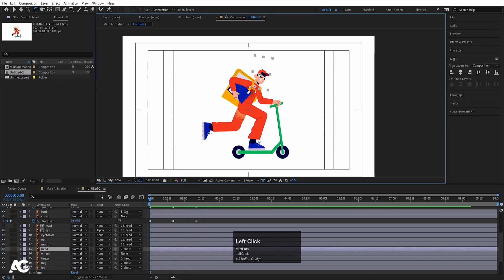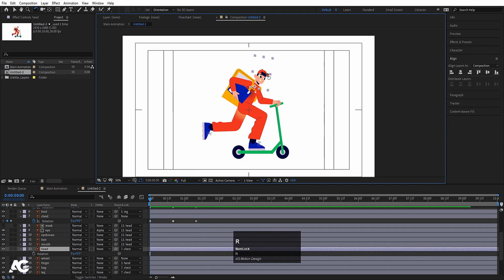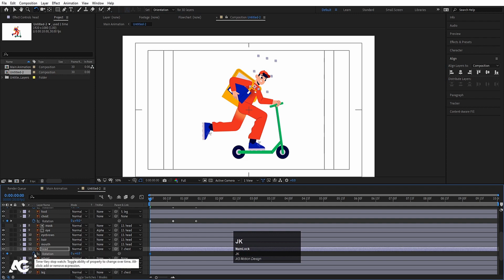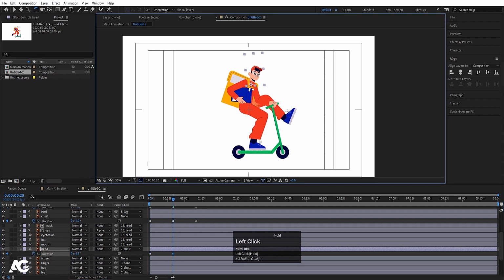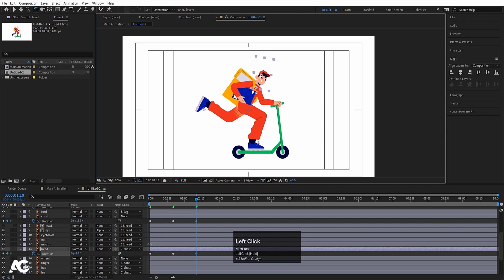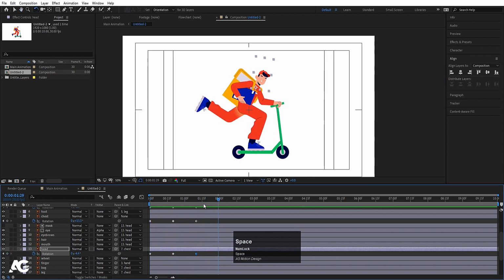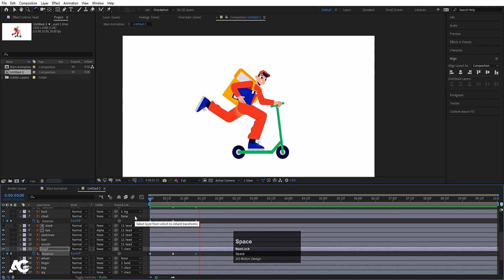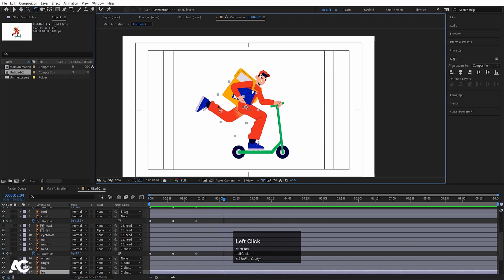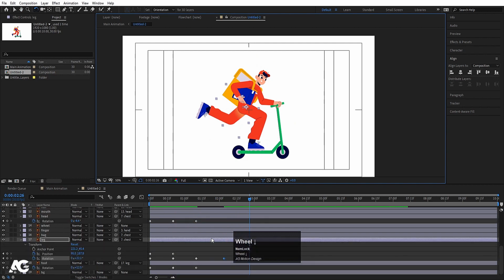Now we will select this head, press R for rotation. Initially let's rotate it like this, create one keyframe. At this point it should go like this and at this point it should go like this. Then select this leg, let's move this a little bit over here, go few frames forward, again create one keyframe,